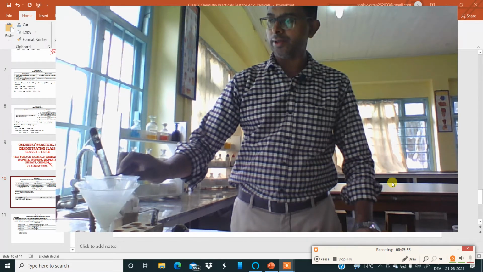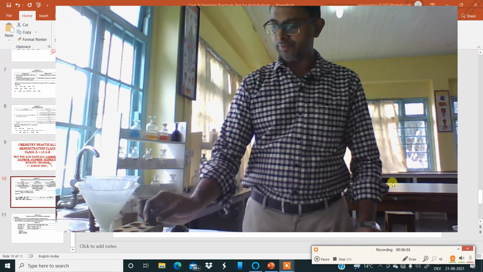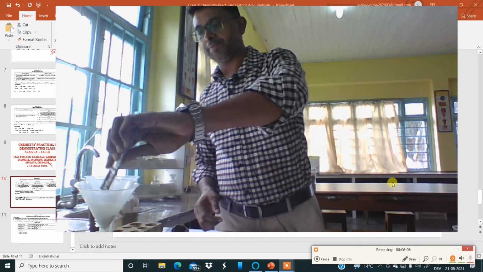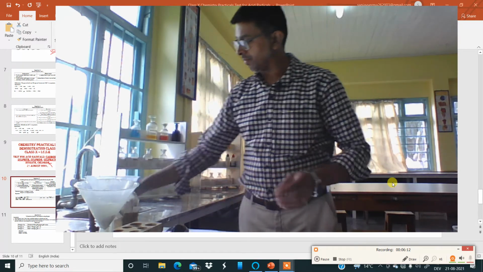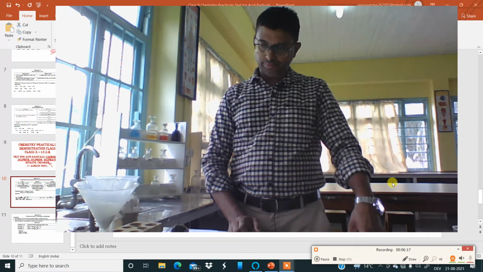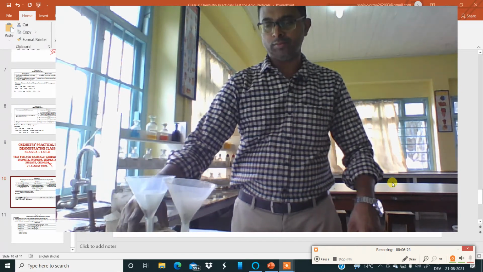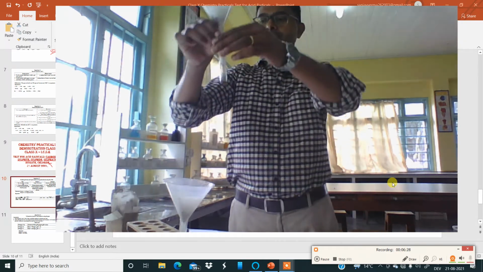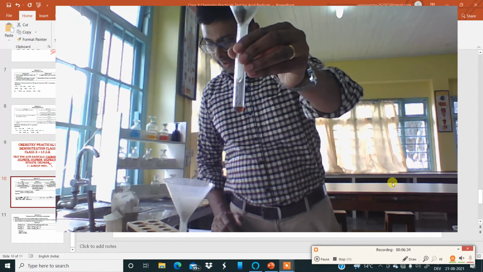Separate filtration. Okay. So filtration is happening. One of the residues, what you call the filtrate which is collected, if you can see, it